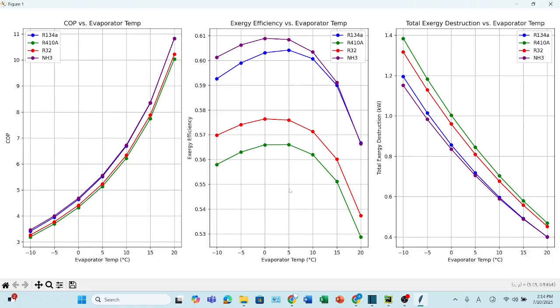And in the next video we will go into more detail about what this exergy destruction is, and we will see in detail how the component-wise exergy destruction is happening, and how each component is behaving as the evaporator